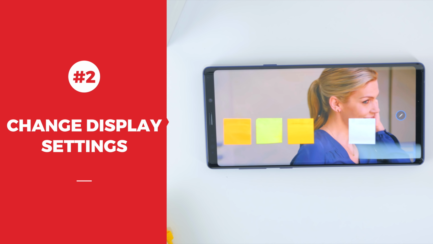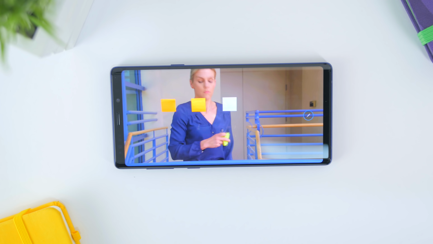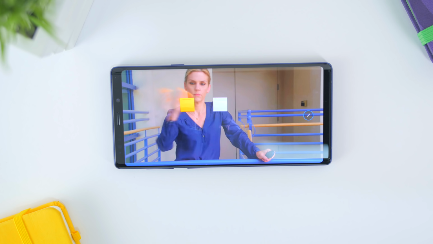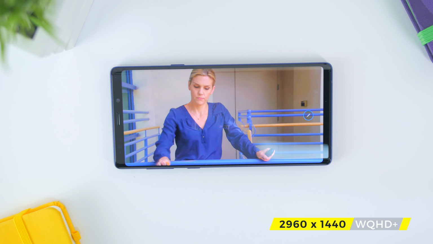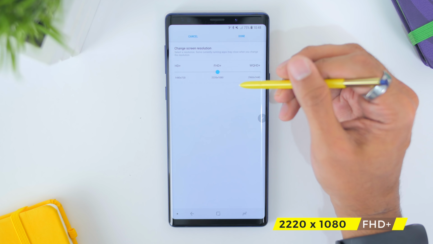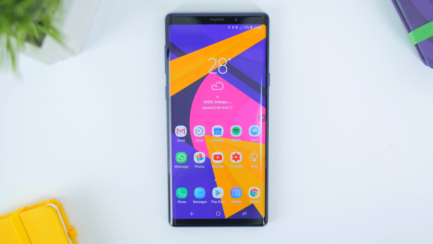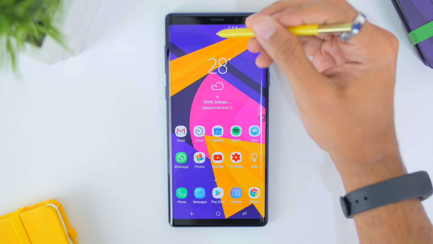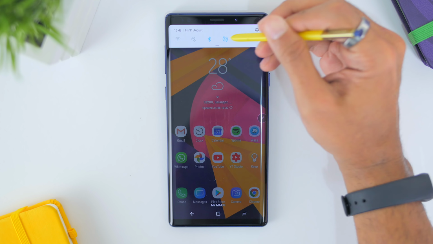Next is the display. As you guys know, Samsung's Super AMOLED display is by far the best phone screen ever made, as it comes with a WQHD Plus screen, and out of the box it is set to FHD Plus, with a resolution of 2220 by 1080. So if you guys would like to maximize the screen resolution, you can change that from FHD Plus to WQHD Plus by heading to Settings,